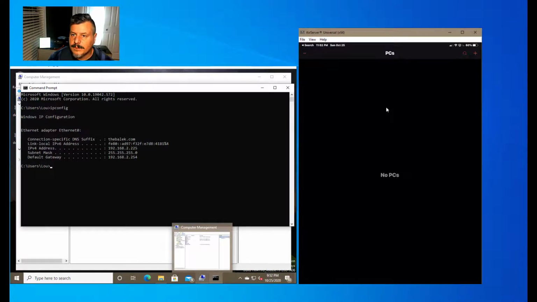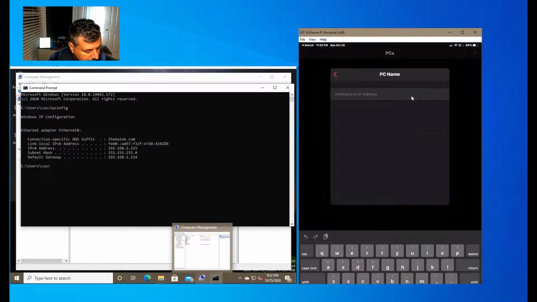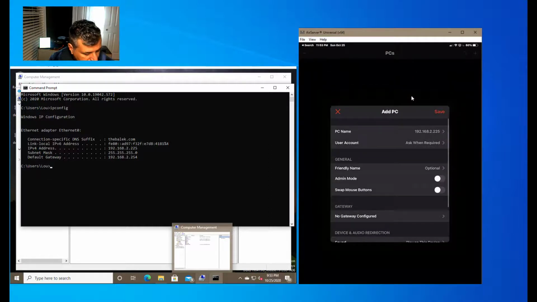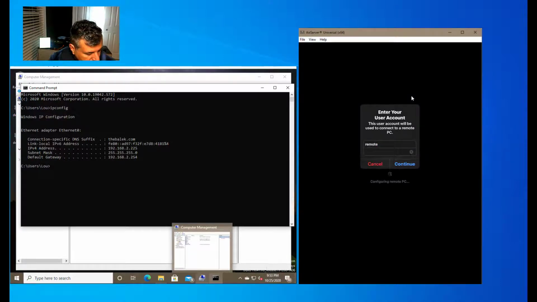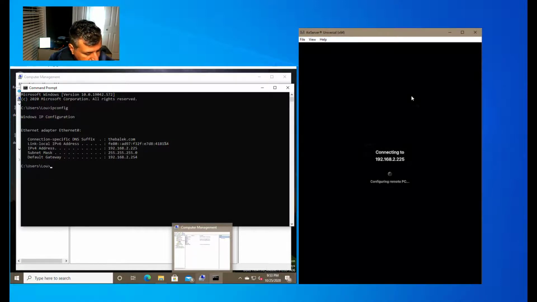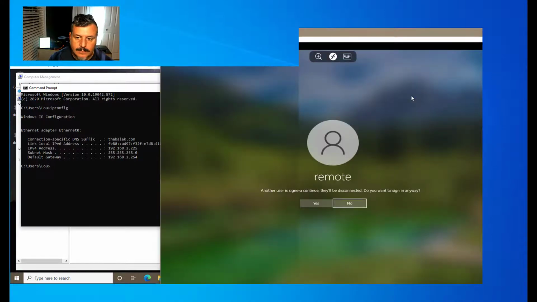All right, we're going to try using the iPad app. So we're going to click add PC. We're going to enter the IP address, which is 192 in my particular case, and hit save. And now we should be connected in there. You can see my top secret password there. And then you can see here